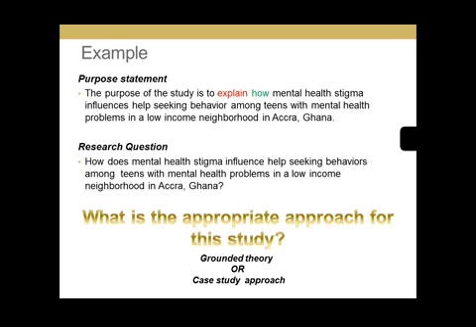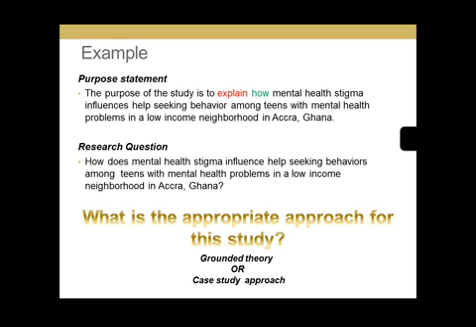So if you want to use grounded theory, you might have to interview the participant, the teen. You can interview the parents. You can interview the school teacher, or you can interview the siblings. You can interview anybody who can help you to understand the connection between mental health stigma and also the health-seeking behavior. You can also find out whether there's any kind of organization that is helping people with mental health problems. You can interview them, you can analyze documents. So you can use grounded theory if you want to really get into the in-depth. You can use case study if you want to get in-depth information.